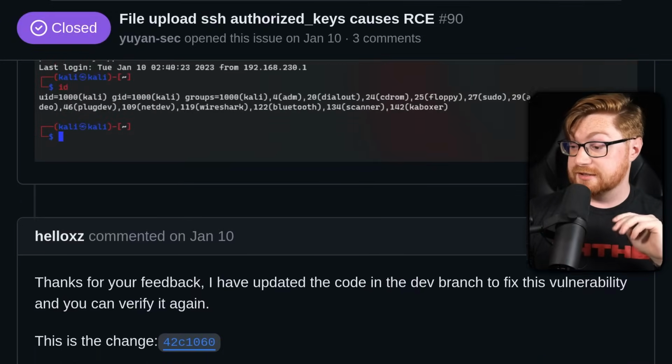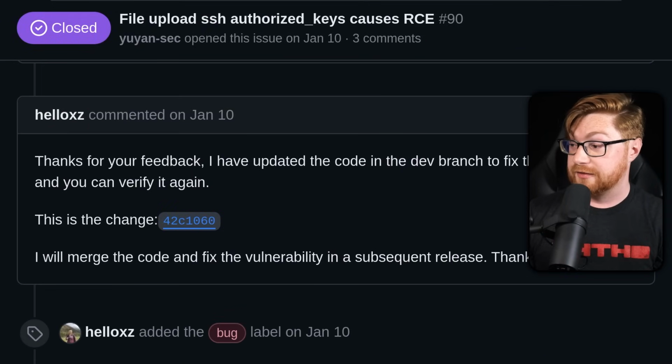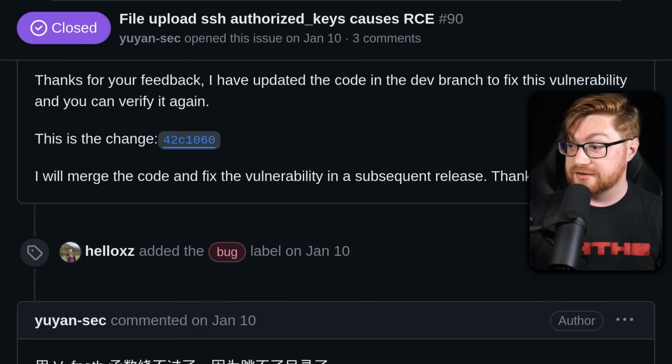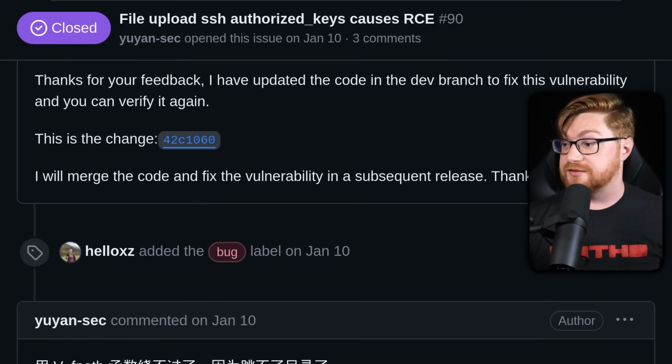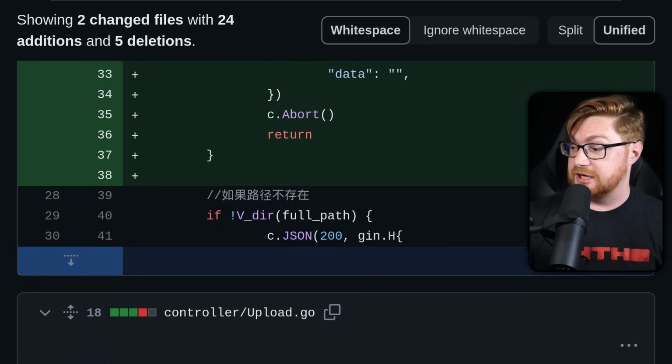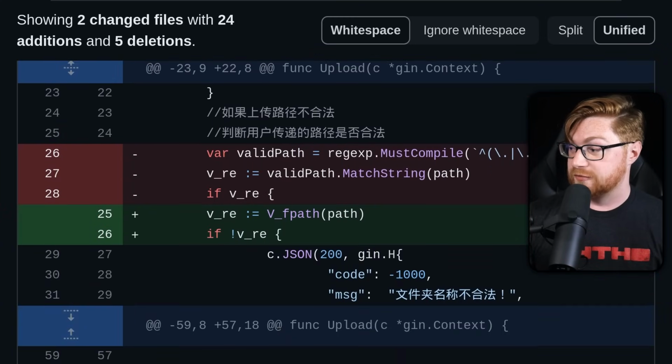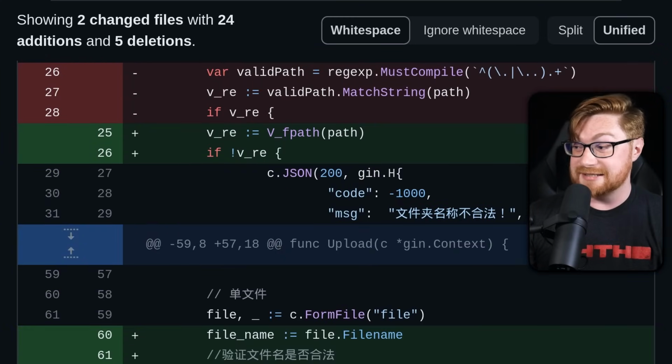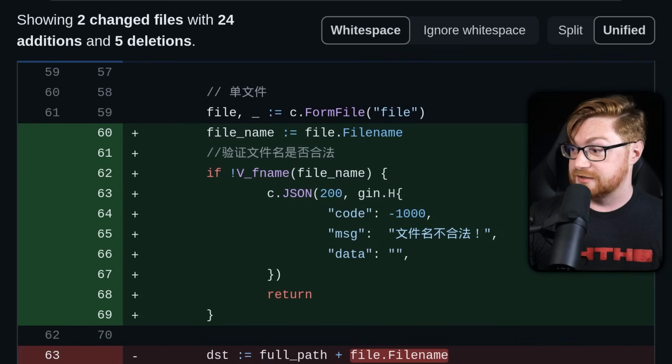Actually, in case you didn't see it, it's pretty cool to see the creator and author developer response to this. They say, hey, I've updated the code to make sure this is fixed. Here's the change. You can link to the commit here and we'll go ahead and see that in action. This is kind of neat just to scroll through. You can see the changes that they made, especially trying to remove that regular expression pattern that was weak. And then it just kind of matches for things and digs into it a little bit more. Now let's go write some code and